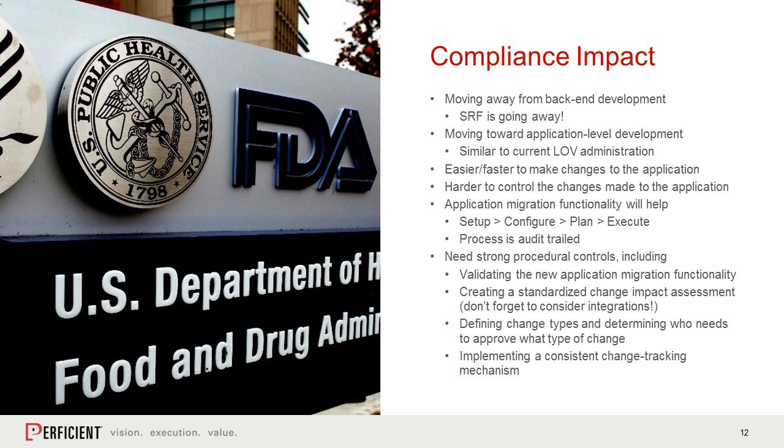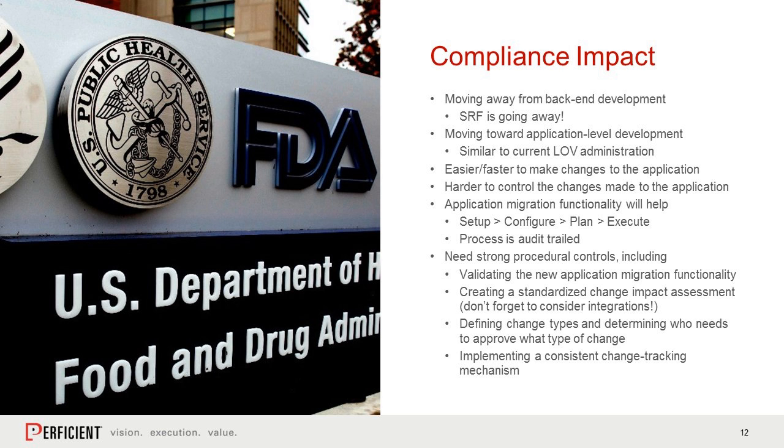We're moving towards an application-level development model where you can make real-time deployment configuration changes via a web-based development environment. And this is similar to how we administer user access and list of values, for example. And this will, of course, make it easier and faster to deploy changes to the application. But with this change, where there's no explicit compile or migration of code or files, it's going to be harder to control those changes. So the system comes with application migration functionality and can help put in control for deploying